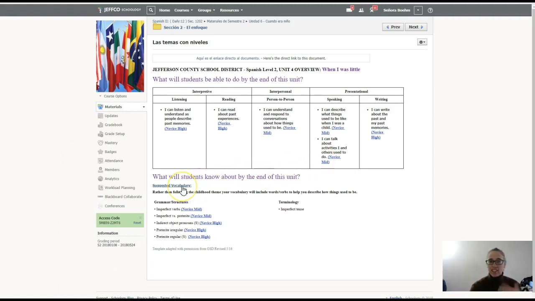So here we have the suggested vocabulary once again that is available to you to follow. And then once again, we're looking at an imperfect verb. It's a fairly easy conjugation verb form. So being able to understand how to conjugate it, I do want you to be able to have down before the end of the year. Knowing when to use it versus the preterite is going to be more difficult.